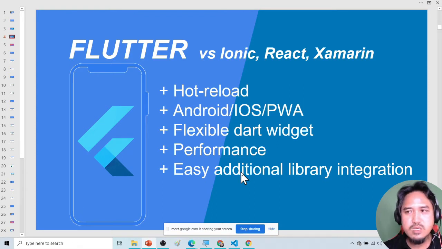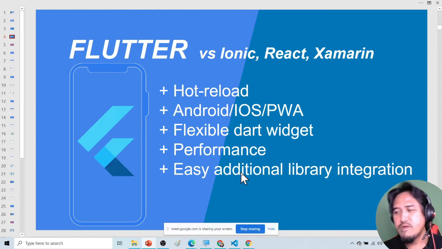I've done both Flutter and Ionic, but because you are from an Android Studio environment, I would like to suggest Flutter, which maybe will be slightly easier for you